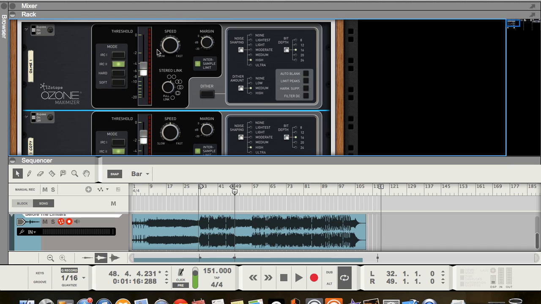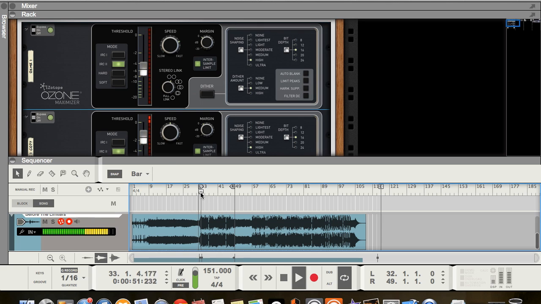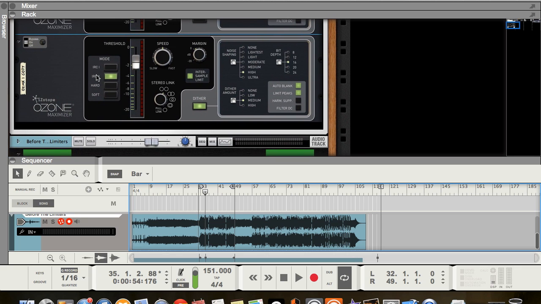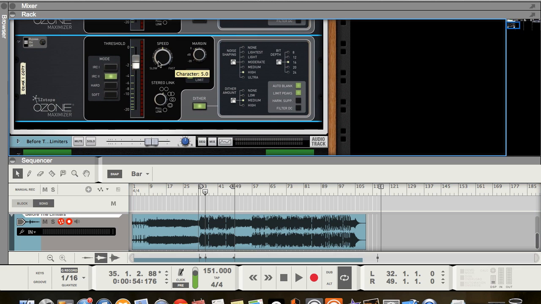So what we have on this one is a couple dBs of gain reduction and a relatively fast attack. If I was to show you how much this is doing, we can just see right here. So at the most, it has around 3 decibels of gain reduction. And then we also have this other limiter, which is doing a little bit less, but it has a much more neutral setting, which is kind of right in the middle of fast and slow. And we can see this is about doing 1 or 2. So in total, we have quite a bit of limiting going on, but because we sort of diversified it between these two limiters, it creates a more neutral and more relaxed sound.